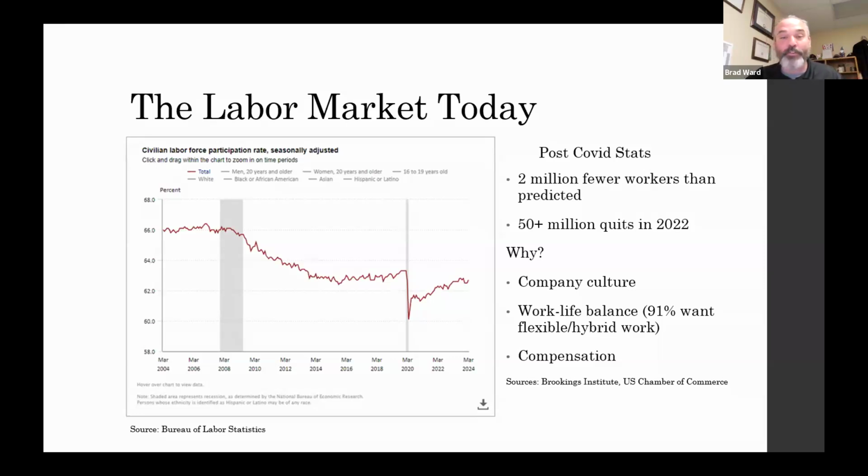And so the employees have the power now versus the employer. And so if you're looking for work, you have less competition going in. Long story short. So post-COVID stats,